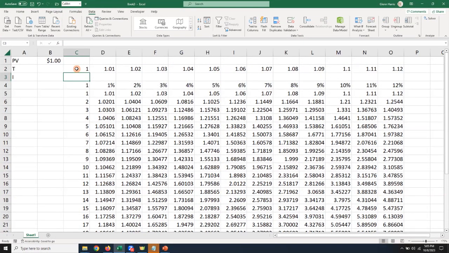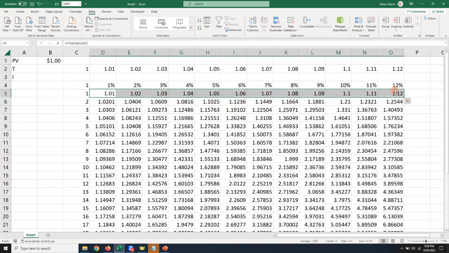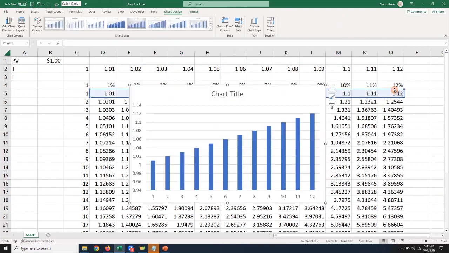Now we're ready to generate the dynamic chart. Let's select the numbers we generated with the data table. Let's highlight cells D5 to O5. For those of you on a Windows computer, if we hold the Alt key on the bottom row and then tap F1 above the 1 key on the keyboard, Alt F1 is a shortcut to insert a chart on your